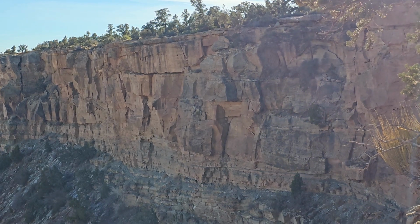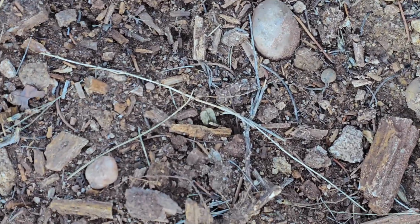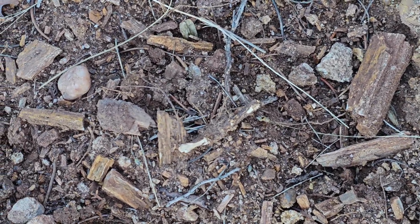This is a petrified wood later. And just one more time in 8K. Obviously, it shows